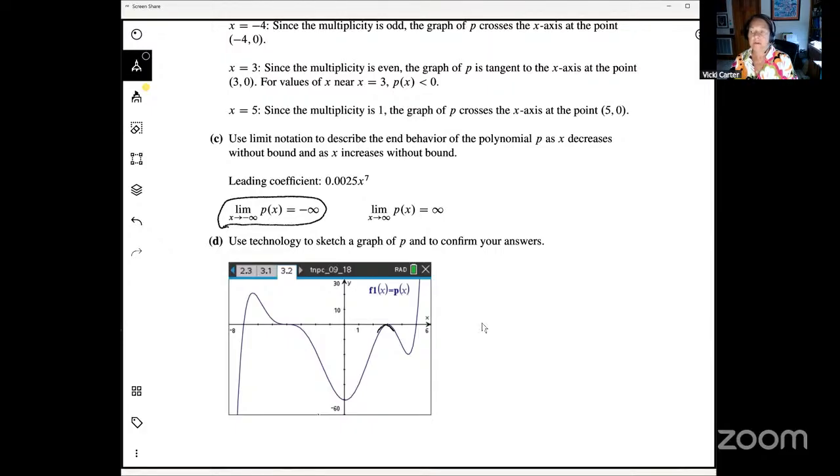And I think students need to read very carefully and make sure they answer the question. They have allowed for the last 2 years that if they wrote them both down and they were both correct, but there is no guarantee that that's going to continue. So students need to make sure they're focused on whether it's decreasing without bound or increasing without bound, and write